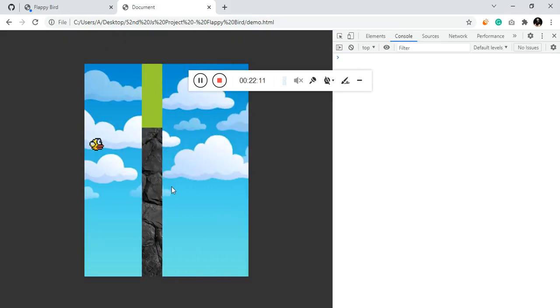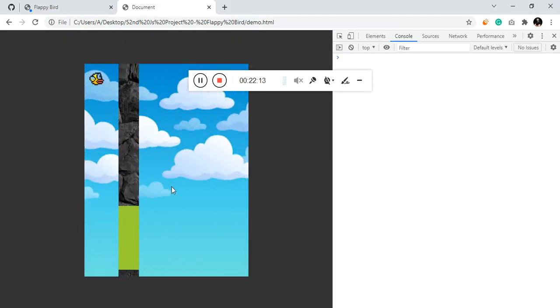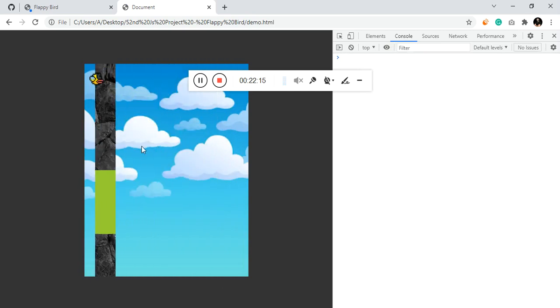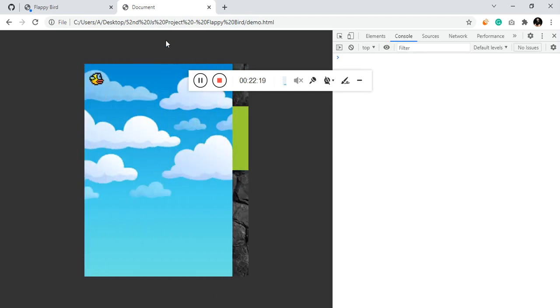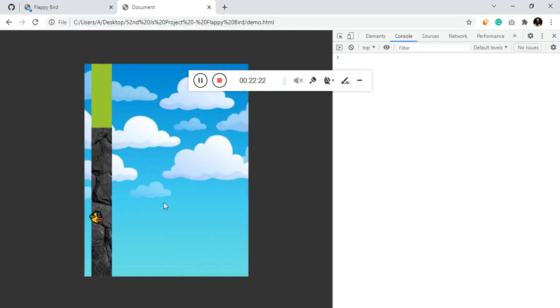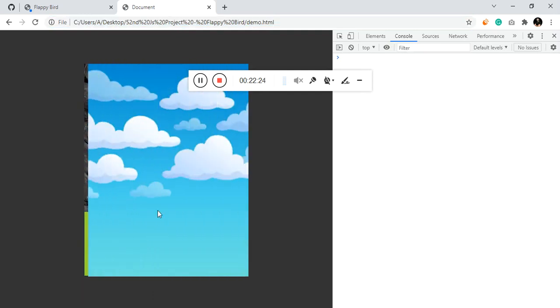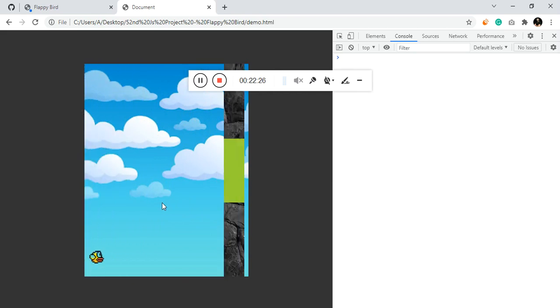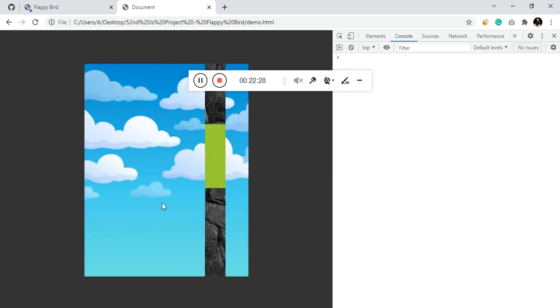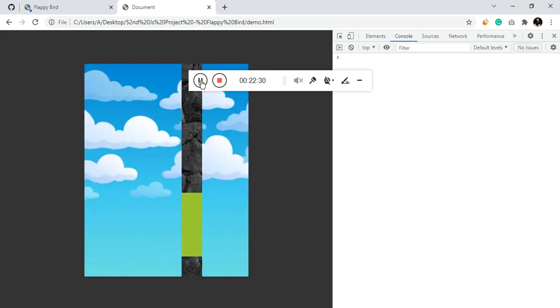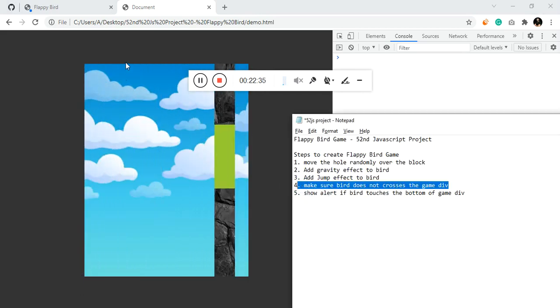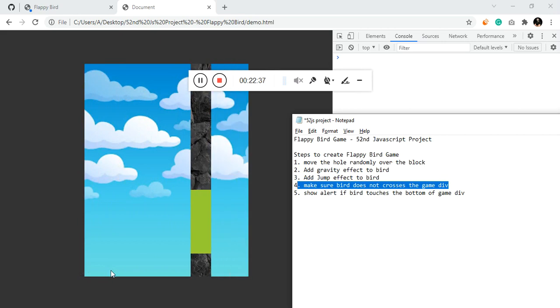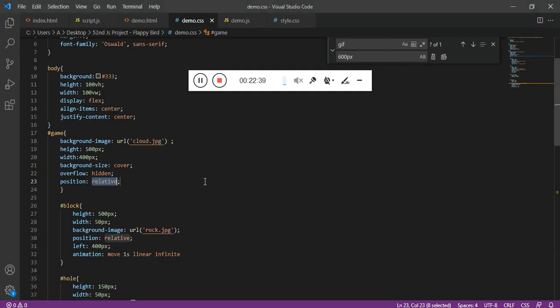Now if you notice, if I click again and again, the bird is not going to cross the top, and if I leave it for a certain amount of time, it is going to stay there. And now as we made a condition that it should not go above the game div, the same thing, it should not go below the game div, so we have to pass a condition